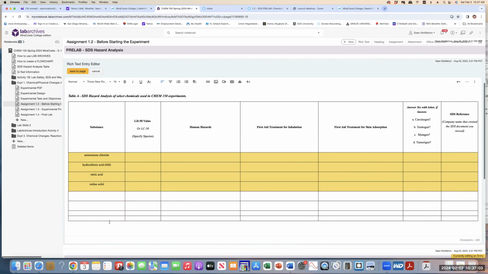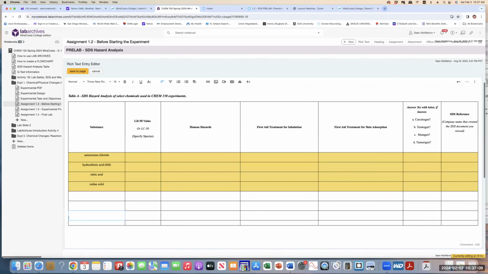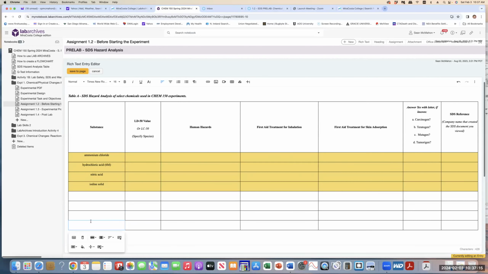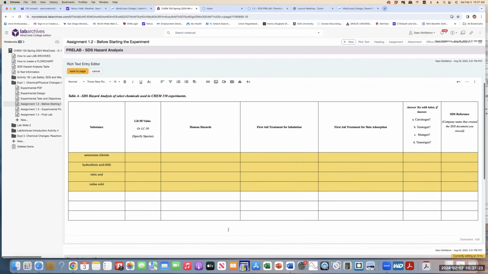Now you can actually go in here and change the rows by the height and just by hitting enter, just like I did there. So that's really easy. Just like if you needed to delete a row, we can highlight the row that we want to delete, and then we can go to rows and hit delete rows. But again, you're going to have to add some additional rows because there's more than just these chemicals that we're